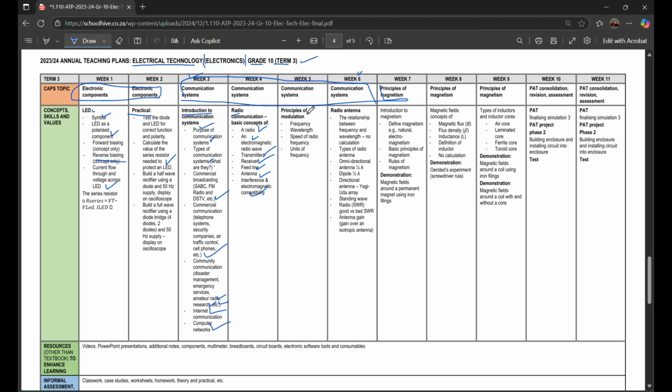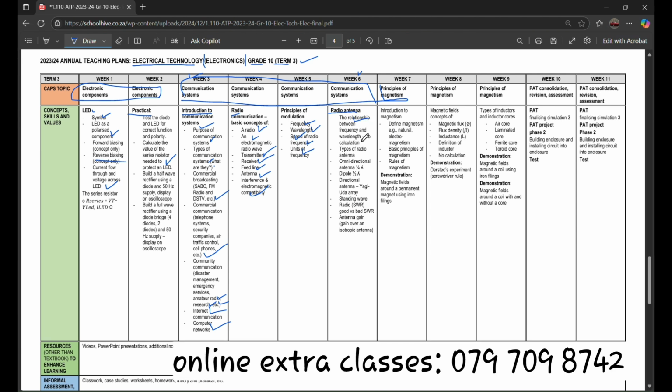Communication systems. Within week 5, we learn about the principles of modulation, which covers frequency, wavelength, speed of radio waves, frequency, and units of frequency. Week 6, we learn about the radio antenna, the relationship between frequency and wavelength, no calculations,